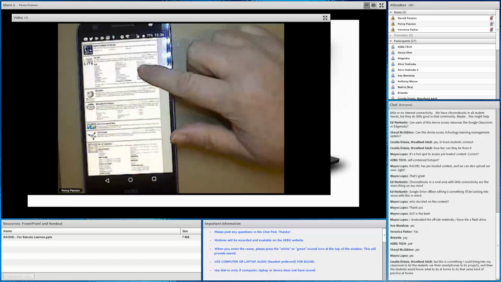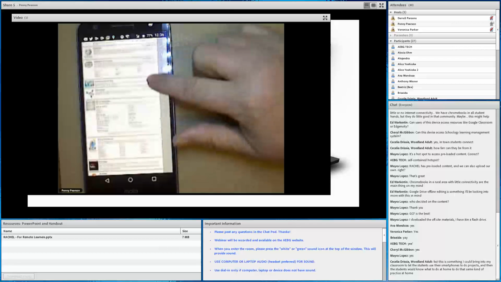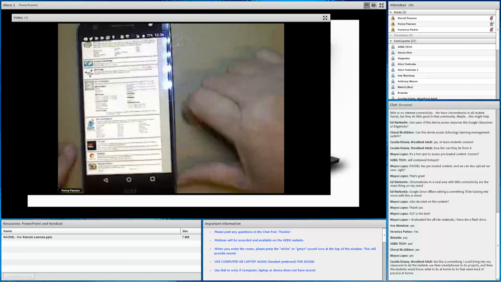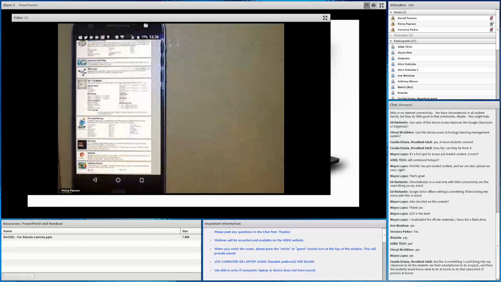Now, please don't try to read this. I know you can't. I'm going to give you a link where you can look at it yourself here in just a second. But I didn't do anything to this device, okay? I didn't modify it. I didn't change any of the modules. I didn't add or delete. I just took it as it was loaded.